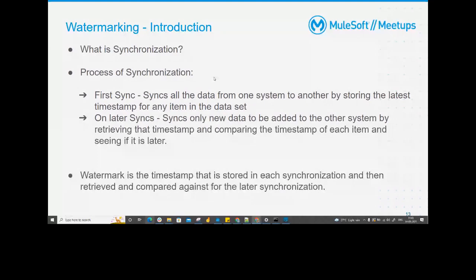While you do synchronization, naturally the concepts of updation and deletion come into the picture. When you delete something from one system, it should be deleted from the other system. When you update something on one system, naturally it should be updated on the other system. But right now, in the interest of time, we are only focusing on the adding of data. So let's talk about the process of synchronization. Whenever you do synchronization between any two systems, the general formula is that in the first synchronization,